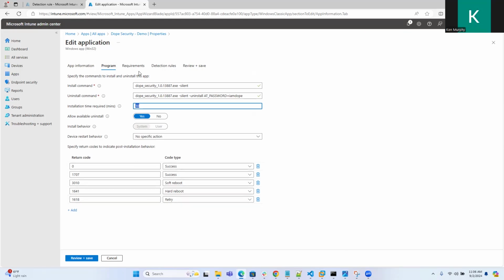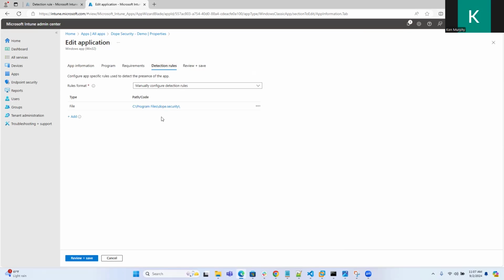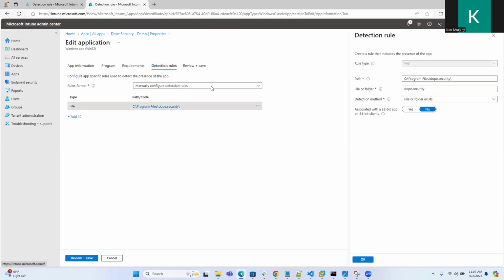When it comes to the requirement itself, just in terms of the architecture, I just chose an operating system of 64-bit and a minimum requirement of Windows 10 1607. When it comes to the detection rules, I created this already. Again, you'll add this and it'll look something like this, where the rule type will be a file, the path will be C program files, dope.security. The file or folder name will be dope.security, and the detection method is file or folder exists. Again, all this information is available from the drop down. When you're happy with that, you can click OK